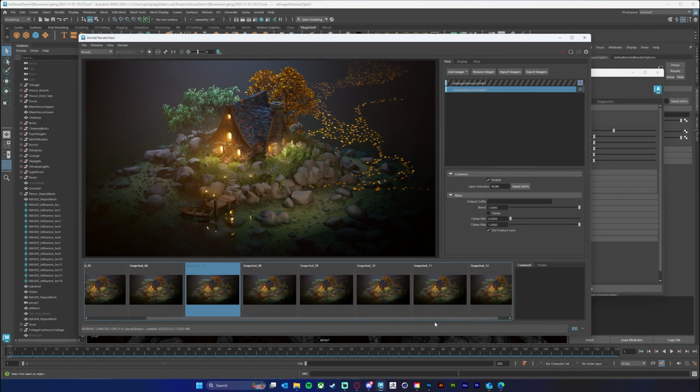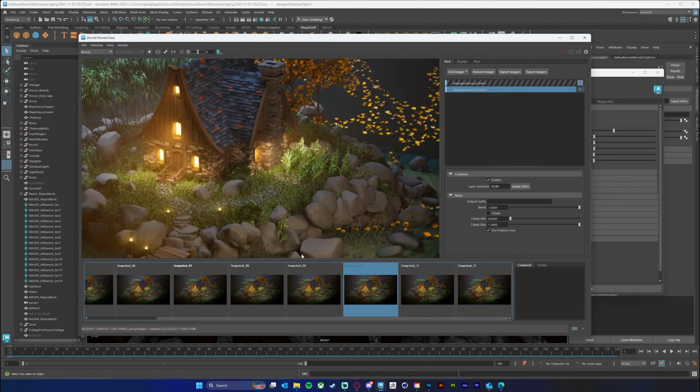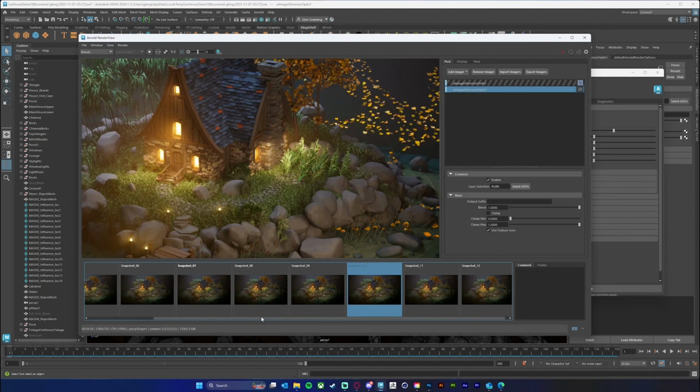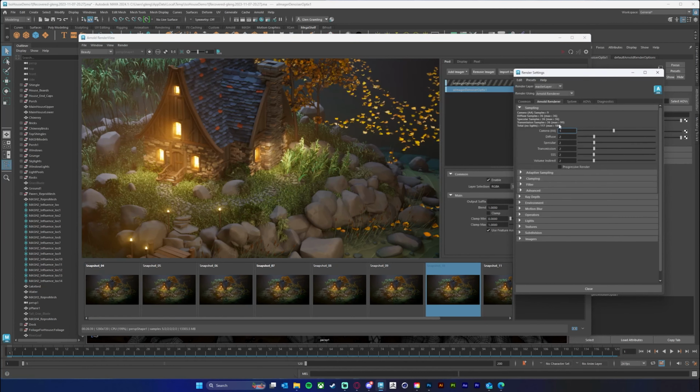And then I bumped it up to 5 samples after that, and we get this result. So I can zoom in a little bit and you can kind of see the difference here. Now this one took about 27 minutes to render. So it does increase your render times quite a bit as you're cranking up that camera AA. But you'll notice that the higher that goes, your quality just gets better and better. Now, I really wouldn't recommend putting this above anything like 6 or 7 because then it's just gonna exponentially increase